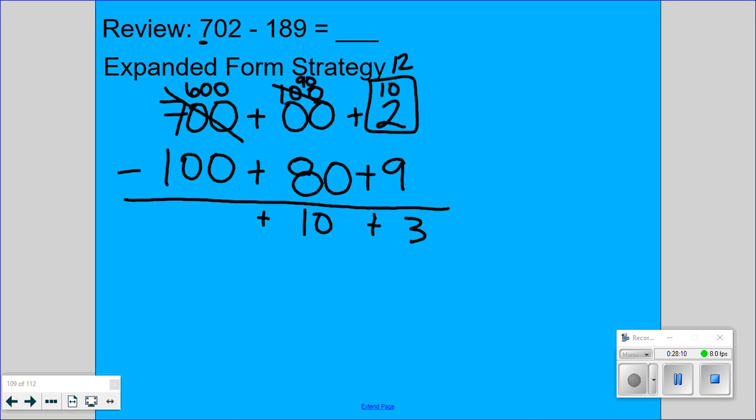600 minus 100. Can I do that? Yes, I can. Huxley, what is 600 minus 100? 500. And if I put it back in standard form, what number should I get? Bryson, we're writing. Rylan? If you put it back in the whole